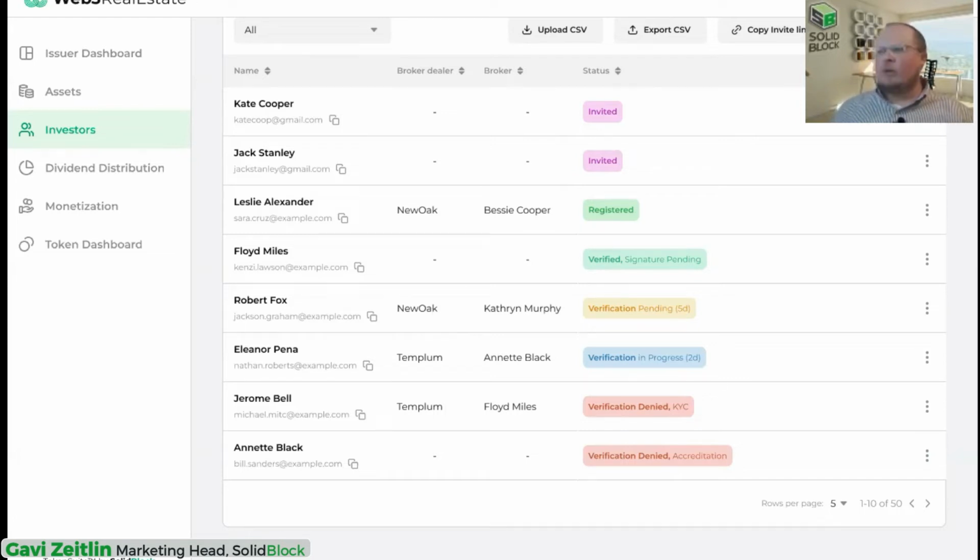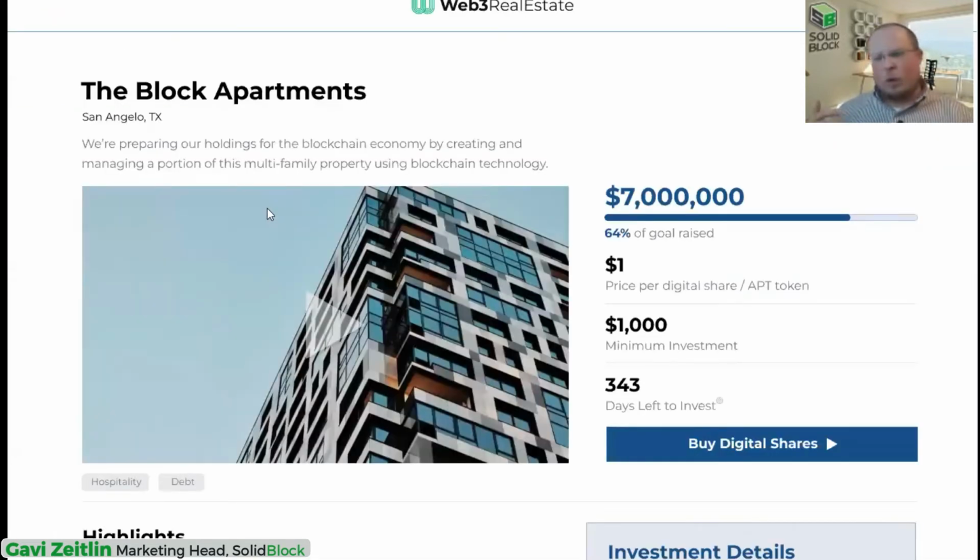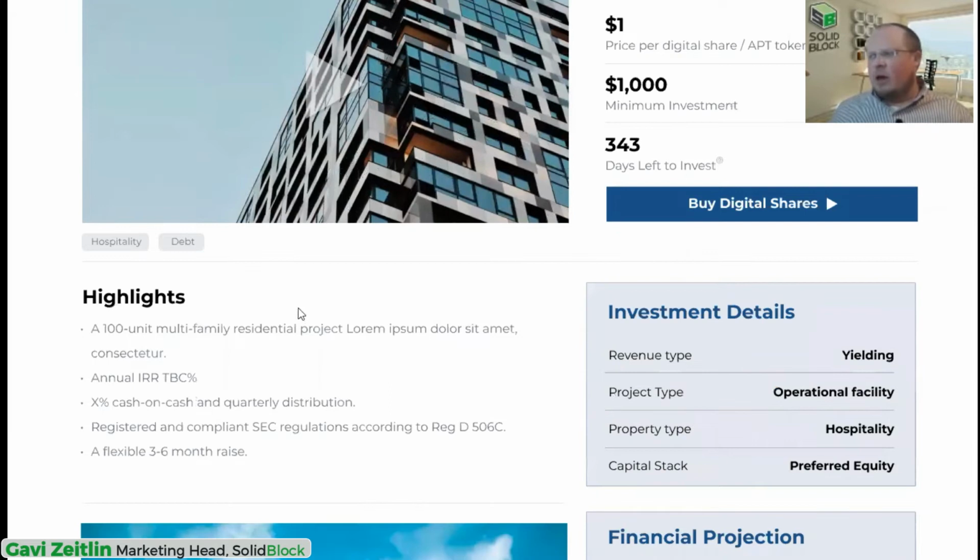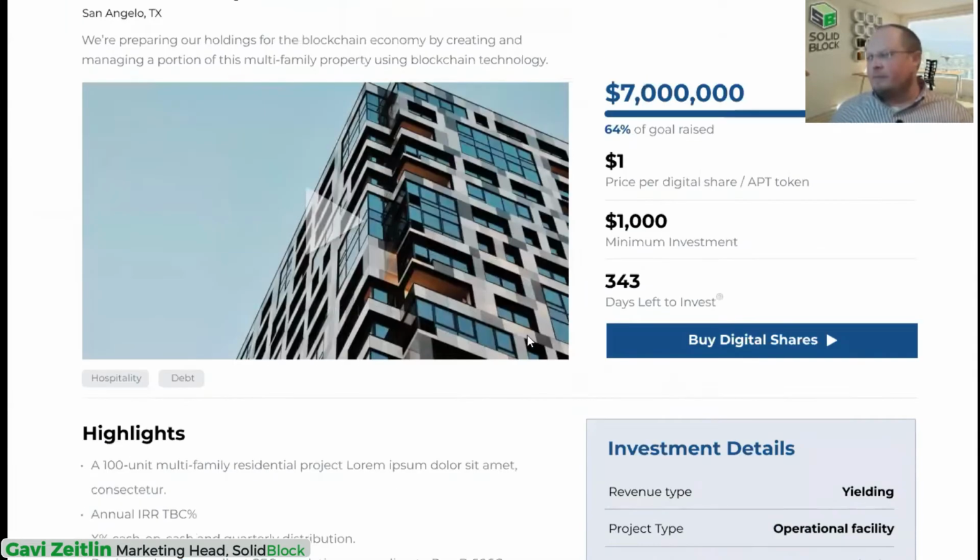So let's jump over here now to the person who you just emailed. You just emailed this person, inviting them to your offering. They're going to get an email saying, "Hey, welcome. We just launched this new offering. You can click on this page and check out all the information." And they're going to go over to the offering page, and the offering page is going to be the marketing hub for everything you're doing with that particular offering. Right? You can include up here your images, your videos, all the text, all the documents, PPM, etc., all here on one page.